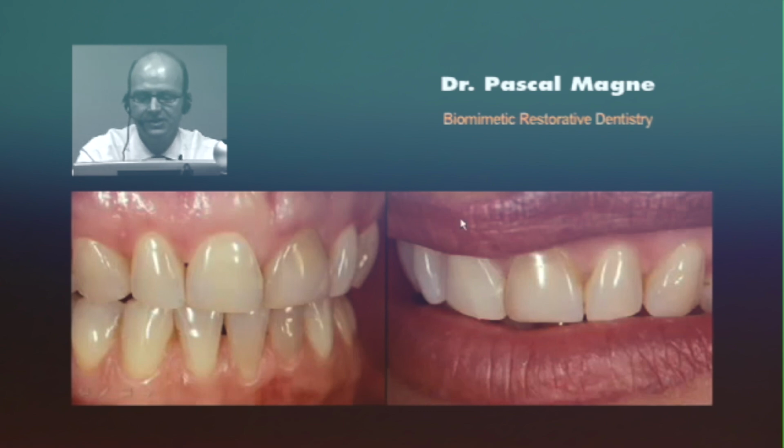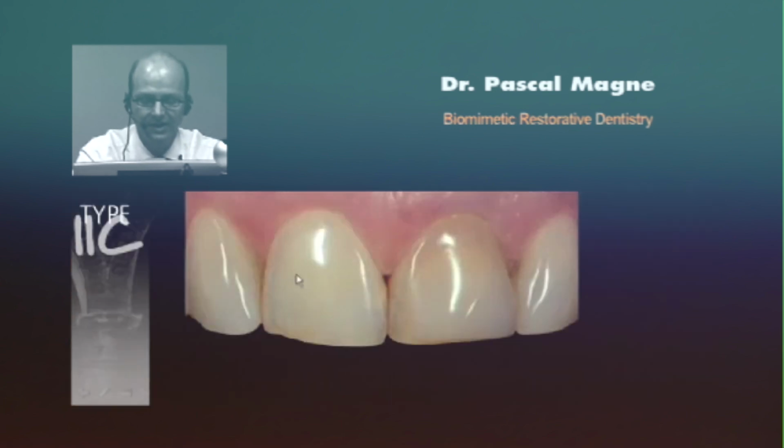She had received several generations of composite veneers on the facial surface of the centrals, and you see a little bit of composite remaining here that have been polished and repolished, and now the teeth have lost completely their prominence and their length, and there has been some incisal wear. This is a perfect